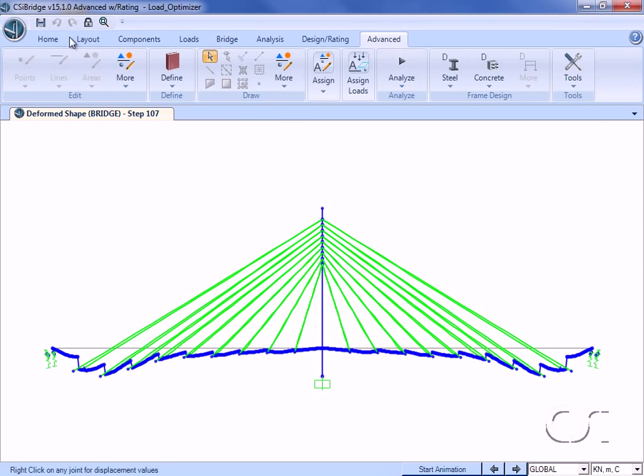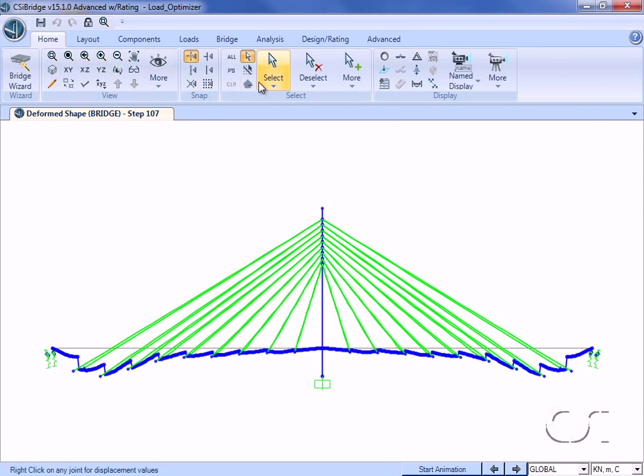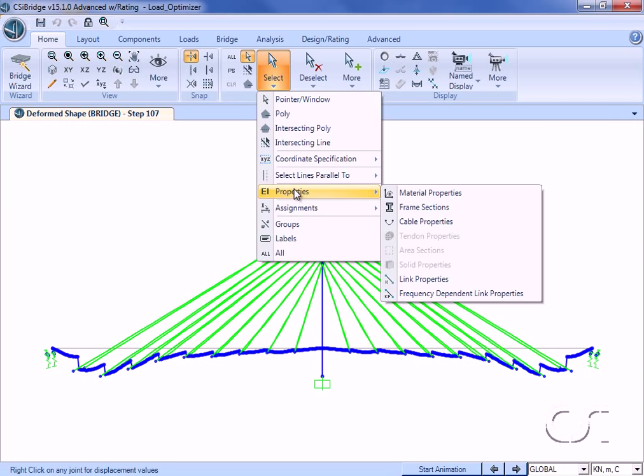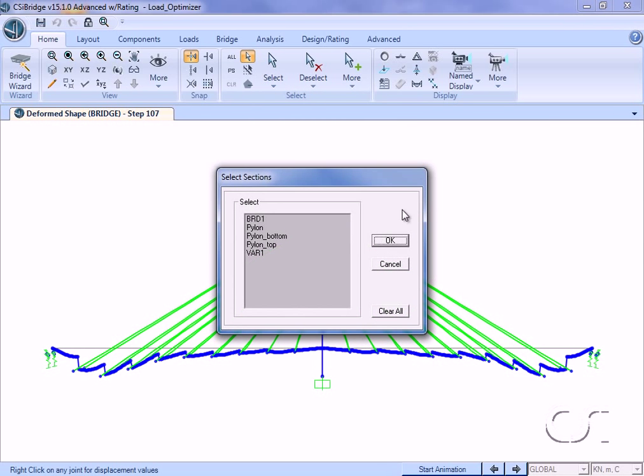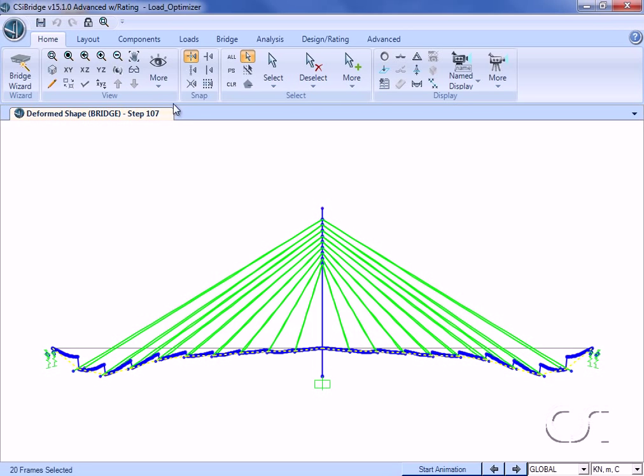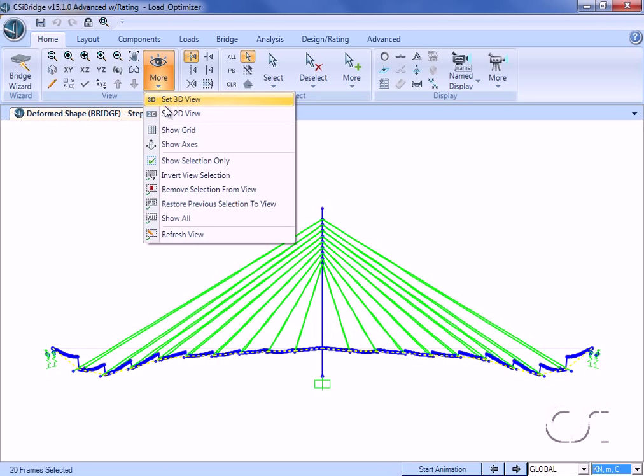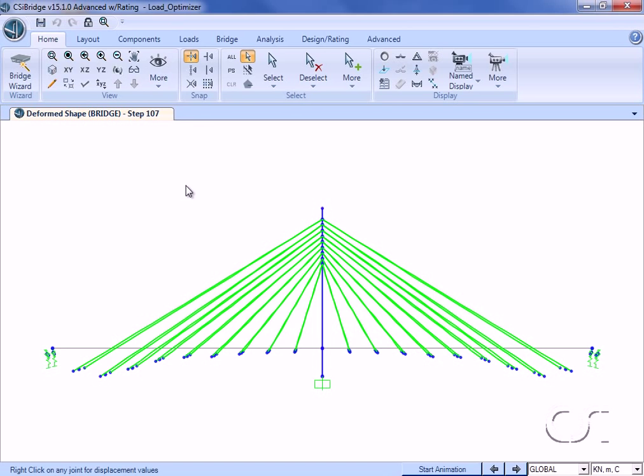We will remove the deck from view so that it is easier to see the cable displacements. This is the case at the end of construction.